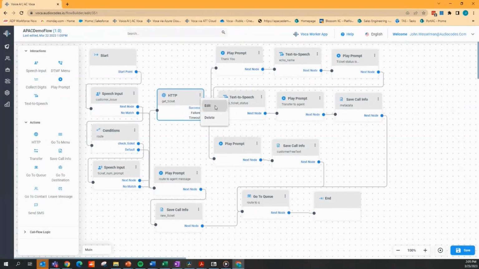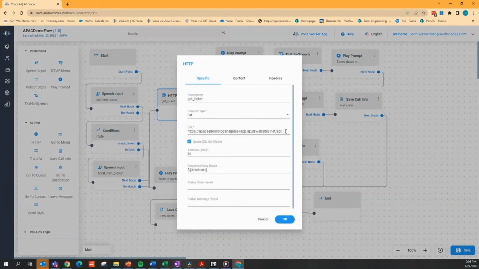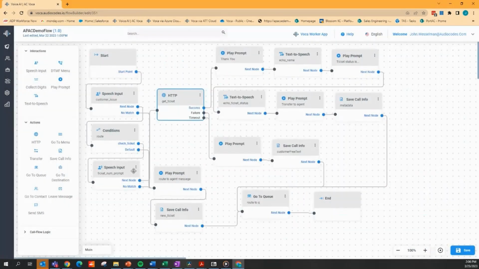The HTTP module uses APIs to establish a connection to other applications, such as CRMs, ticketing systems, or databases, allowing you to present information received from the connected data source to the caller or to the agent through the Voca Worker app. A common example of how this can be used is calling into your bank to get an account